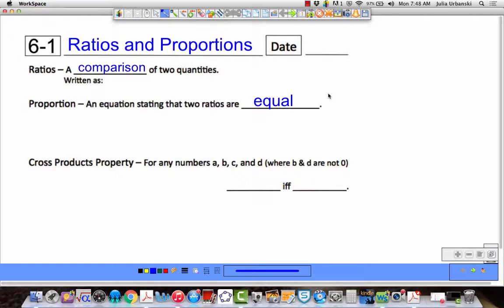6-1, ratios and proportions. A ratio is not a fraction. We sometimes reduce them like fractions, but a ratio is not just a fraction, it's a comparison. You can't have just a whole number, it's a comparison of one unit being compared to a second unit. So it can be written several different ways, and it can be turned upside down, and it can be written